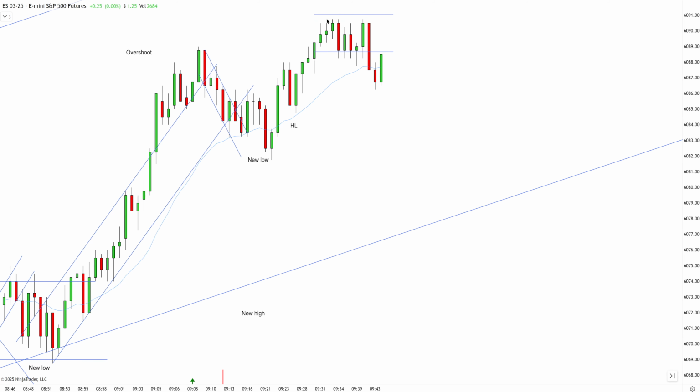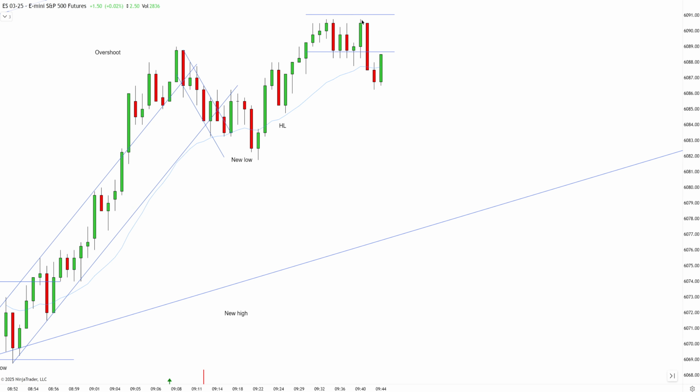Okay, I can reset the count, but let's say I'm not going to reset the count. I have a new high, first entry long, second entry long. The reason why this is double trap, because everyone who went long on a second entry long too early gets trapped because there's something wrong with the second entry long. The second entry long in this case is so far from the EMA. But at the same time, the sellers who are selling the failed second entry long are going to get trapped